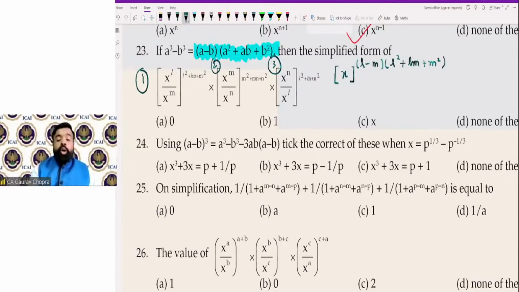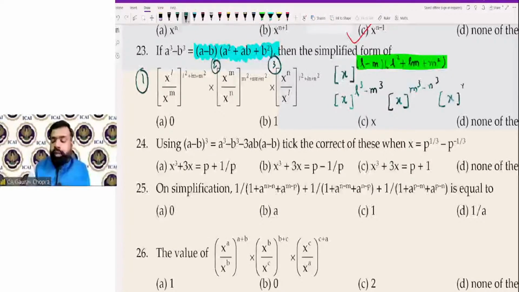Now according to this property, इस property को हम apply अगर करते हैं, so what we conclude here, we get x to the power of L cube minus m cube. इस फर्स्ट पोर्शन का रिजल्ट क्या निकलेगा, L क्यूब माइनस m क्यूब. सिमिलरली सेकेंड पोर्शन से आपका रिजल्ट आएगा x टू द पावर ऑफ m क्यूब माइनस n क्यूब, एंड फ्रॉम द थर्ड पोर्शन you will get n cube minus l cube.